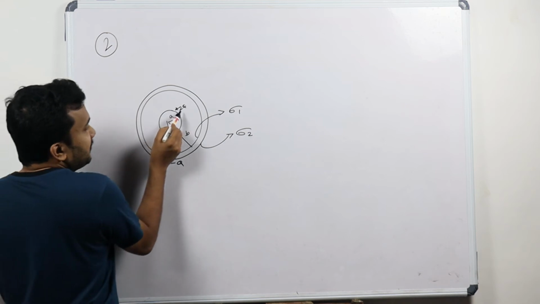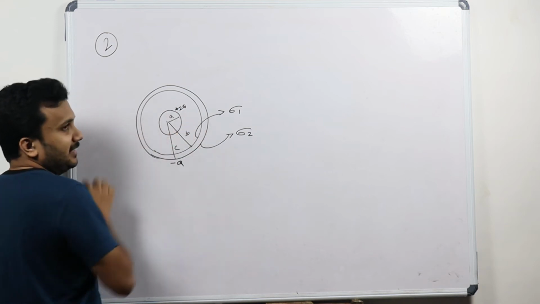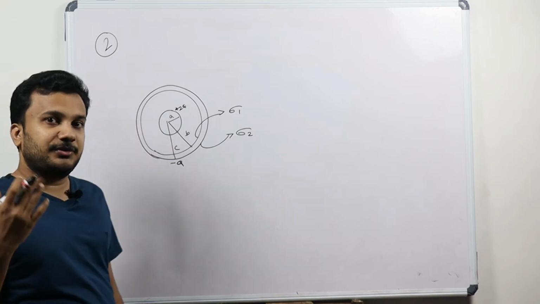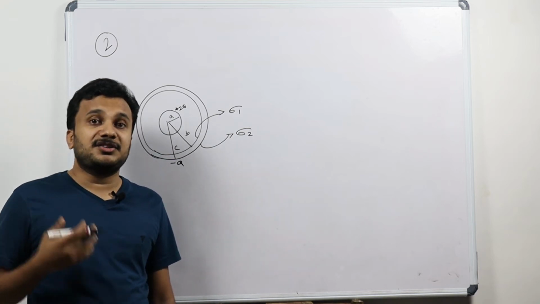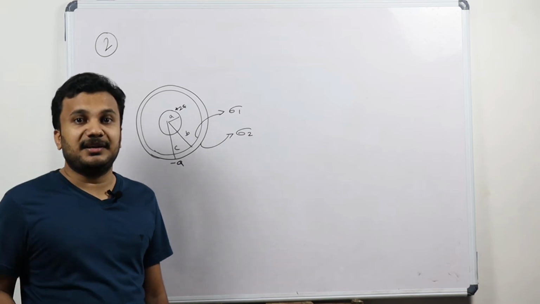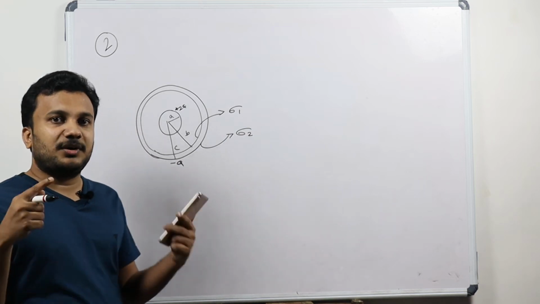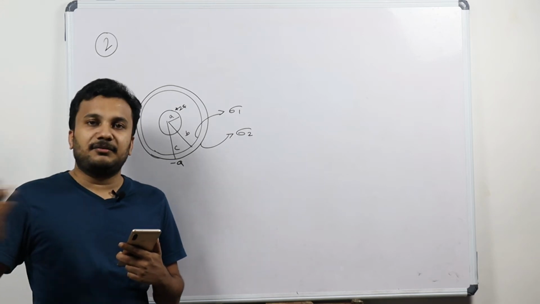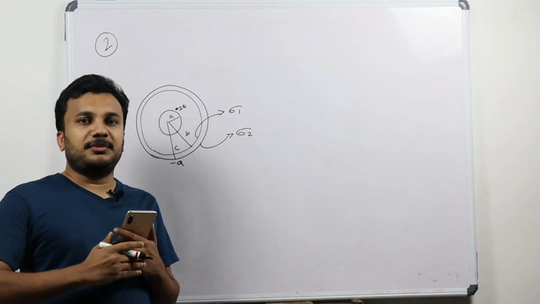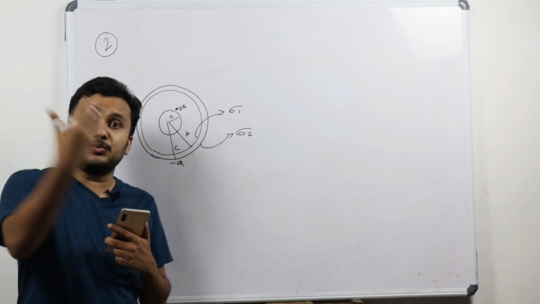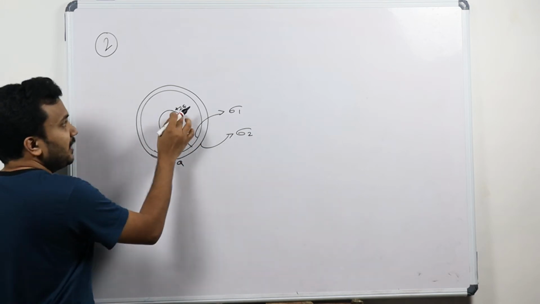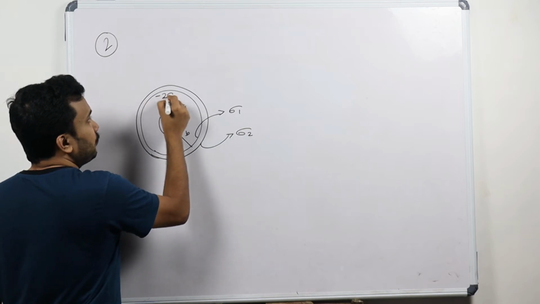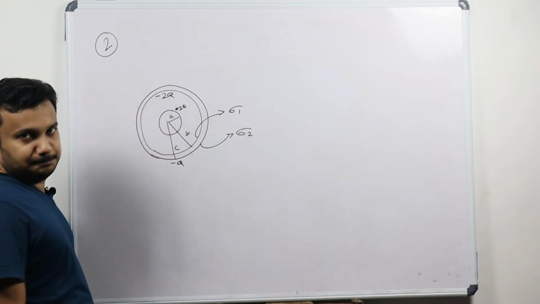Listen here. Plus 2q will be here on this A circle. Then what will happen? We have learned two concepts in the first video itself: charging by conduction and charging by induction. Conduction means whenever there is a contact, charge will transfer from one body to another. Whenever there is no contact, charges can still be induced on the other body, which means here plus 2q will be here. Here on this surface, what will come? Opposite charge, minus 2q, will come.